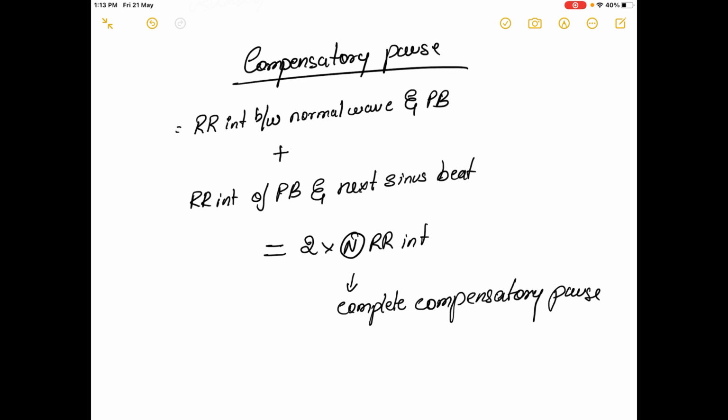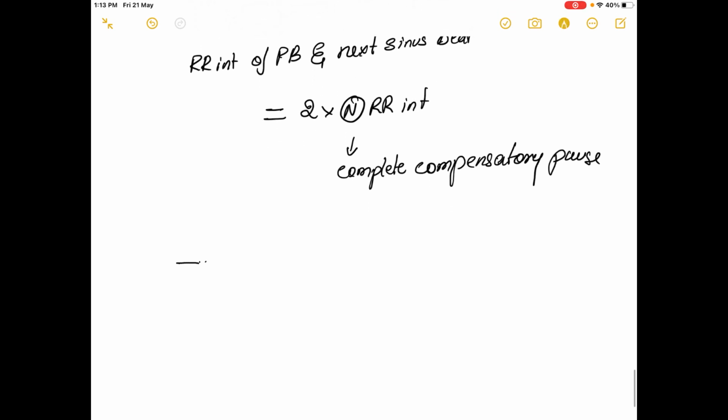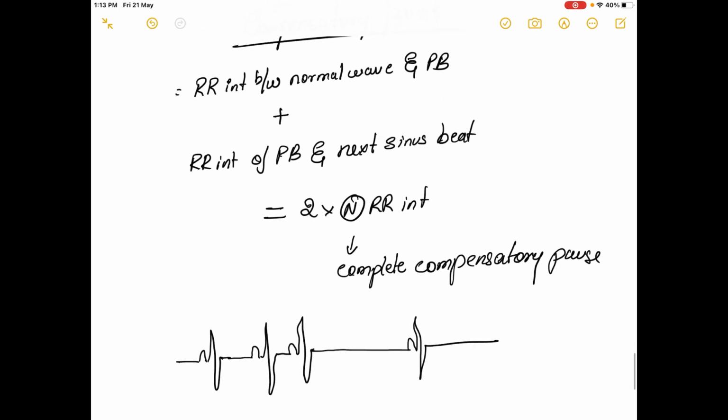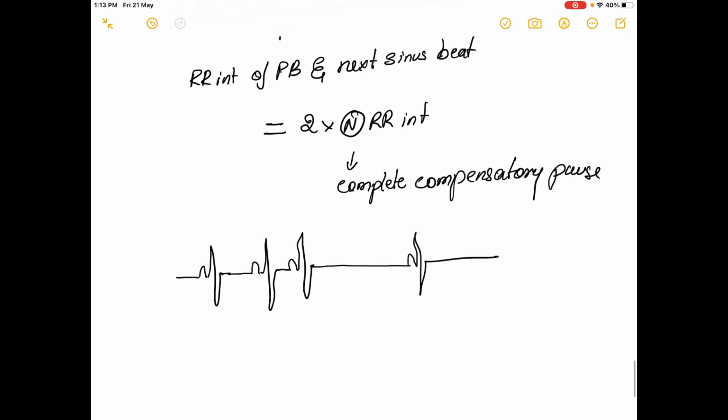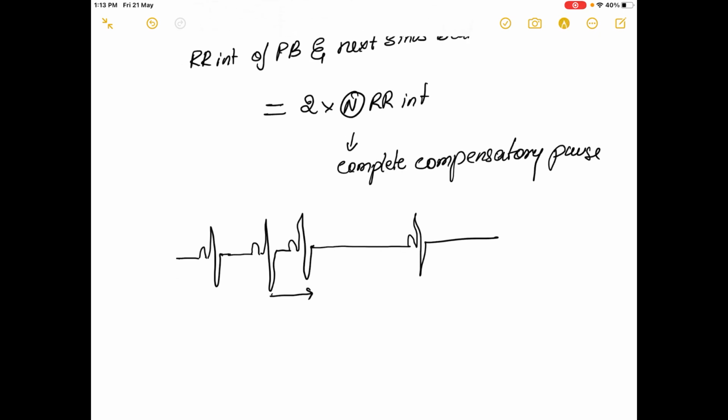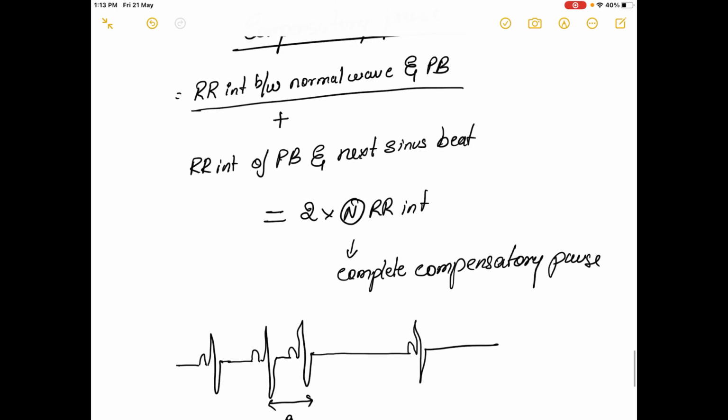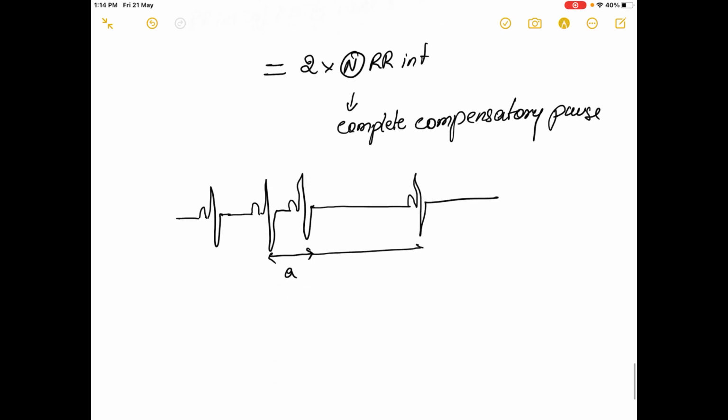So consider a premature complex. Here we have to take the RR interval of the normal wave and the premature beat, that is the distance between this and this; consider it as A. Next you need to add this to the RR interval of the premature beat and the next sinus beat, that is this distance; consider this as B. So A plus B should be equal to twice the normal RR interval,